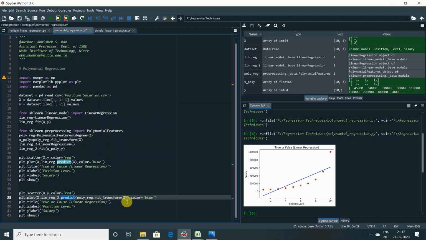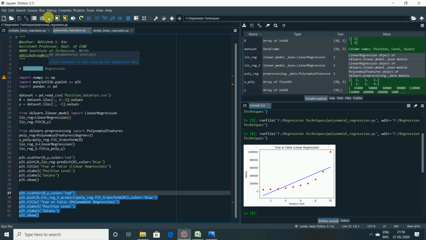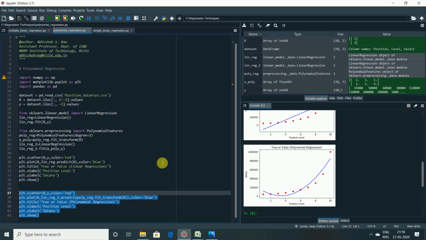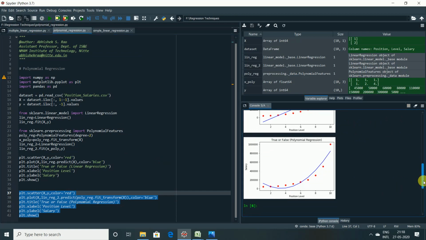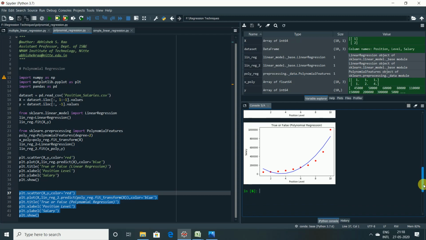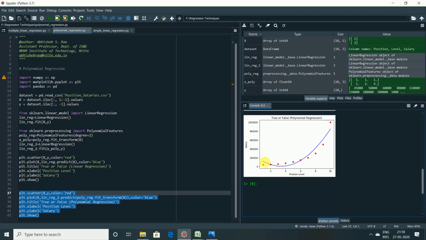Now we will execute this line and we will see whether this is for polynomial regression. With respect to this we will see the output, whether we get better results or not. Yes, I think you almost find a better result here, right? Now to make it even better, let's make the degree 4, recreate it and check our results. Now we can see there is a curve here, right? So this is the regression line. It is almost quite better when compared to the linear regression model.